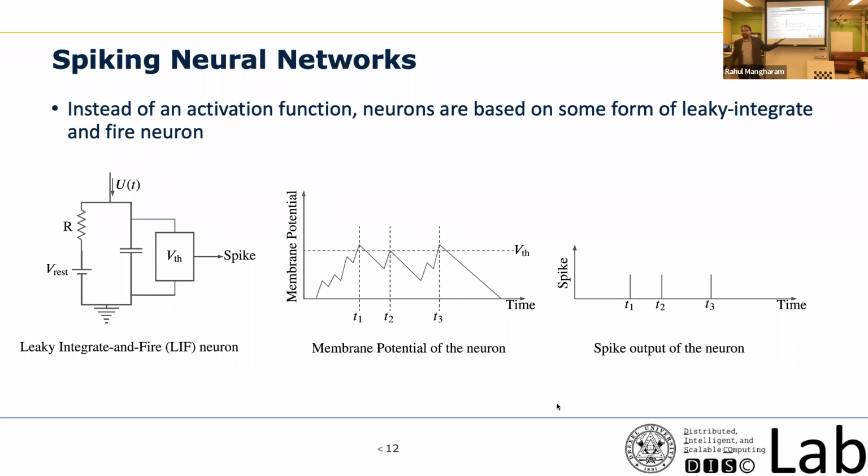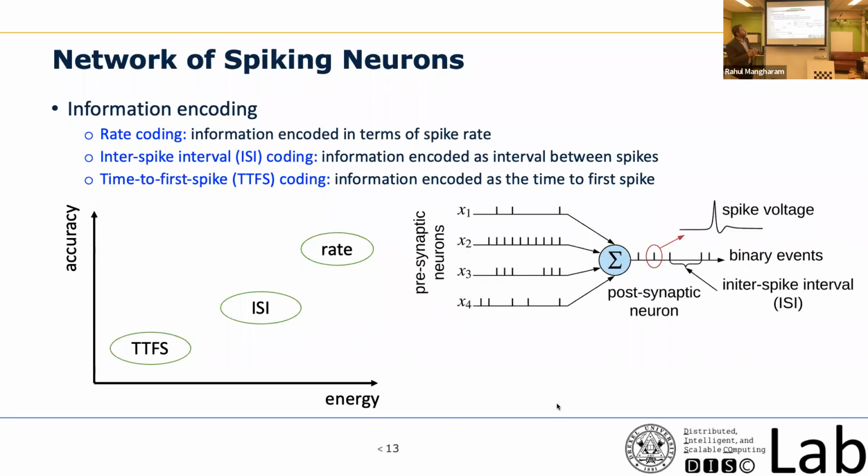Now, why do the complications start coming in? Because of the way you encode information. This is simple: you have an input, your membrane voltage is increasing and decreasing, and once it crosses a threshold, a spike is generated. That is all good. But you also have to think about how you encode physical information. For example, you are sensing something from a sensor. How do you represent that in the form of a spike? There are different ways to represent spikes, and what I'm showing here are the three most popular ways to represent information in your spiking neural network.